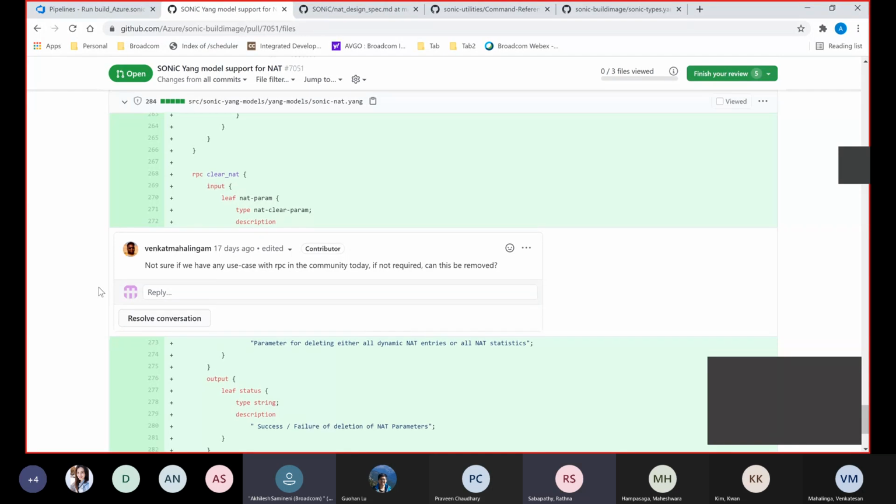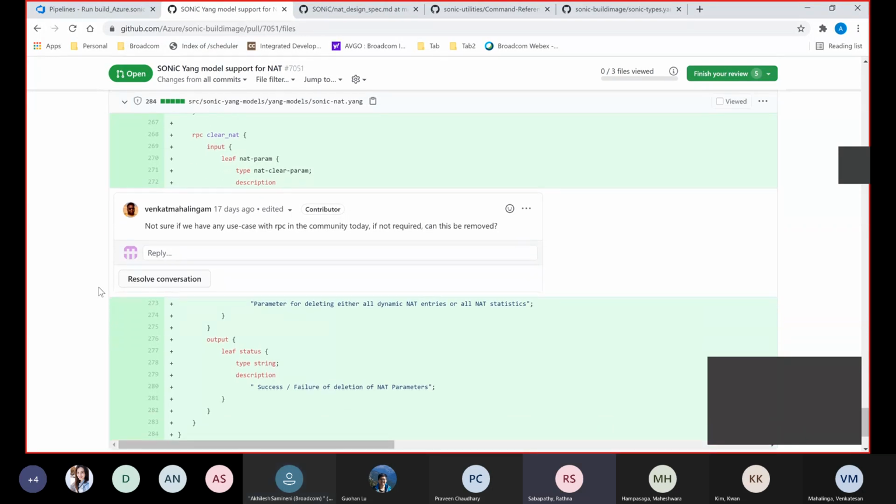No, the RPC backend implementation, right? It is not there in the community. It is there only in the management framework, right? So that is why we are. Praveen, what is the current scope? It's currently doing only the validation, right? Not any RPC handling, right? Is that scope for future work, or what's the plan, Praveen?